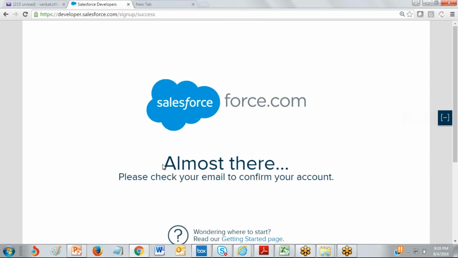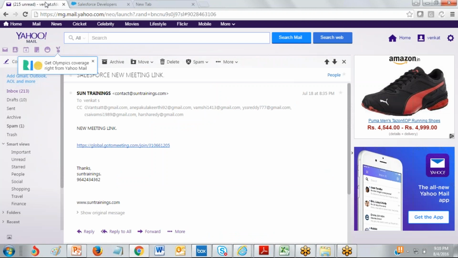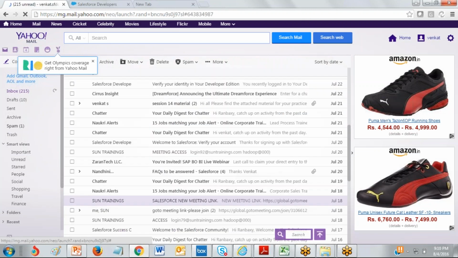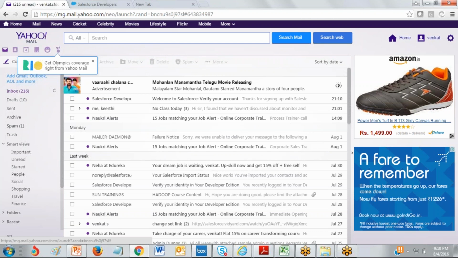Once you get this screen, that means the user account, the salesforce.com application account, is created. Go to your registered mail ID. Welcome to Salesforce, verification account.